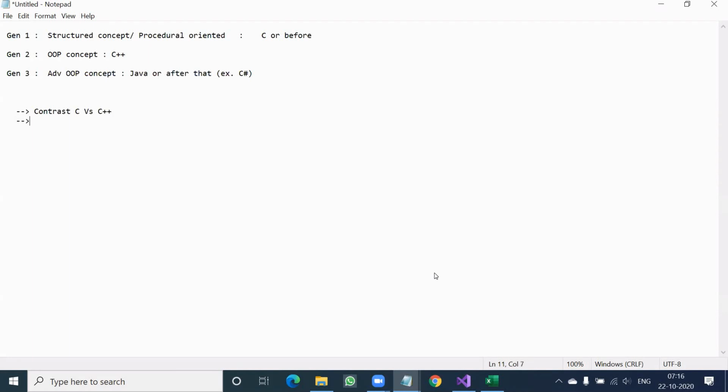Another is contrast C++ versus C#. Why we will talk about Java? We are into C sharp. So generation 1, what was not there, so generation 2 came, and generation 2, what was not there, so generation 3 came. Let's have a quick look.